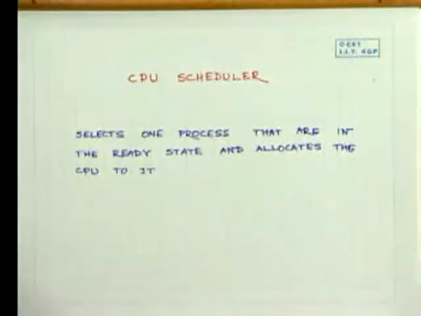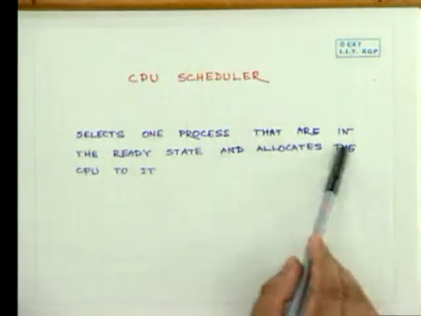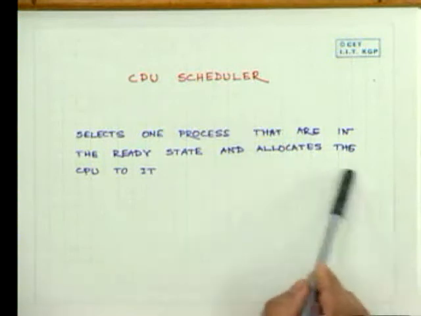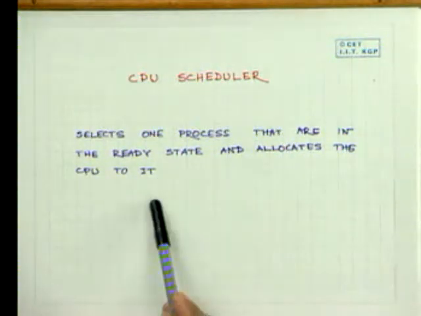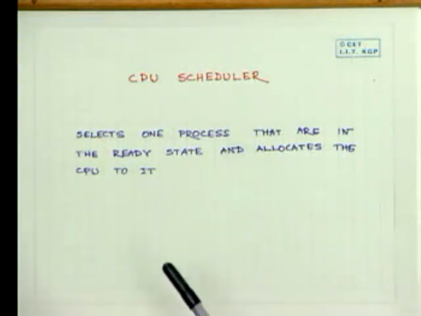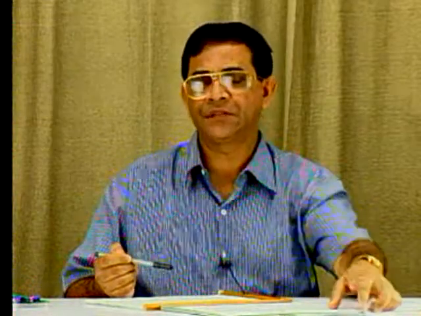Say the CPU scheduler selects one process that is in the ready state and allocates the CPU to it. Here we shall assume that there is a single processor first, and then we will go for a short discussion when there is more than one processor involved. Now, just to clarify the problem,